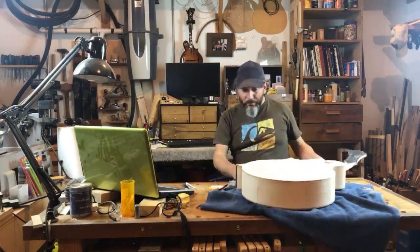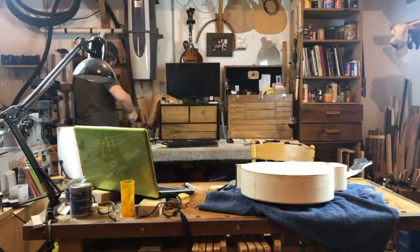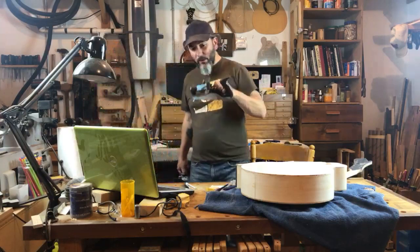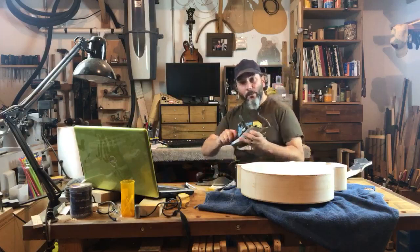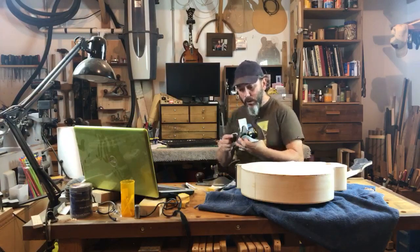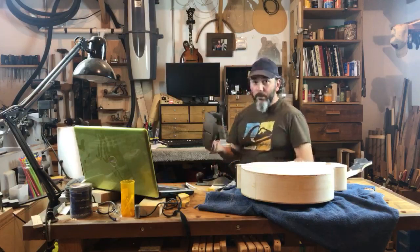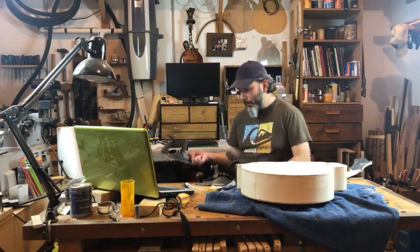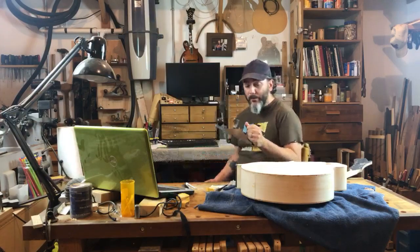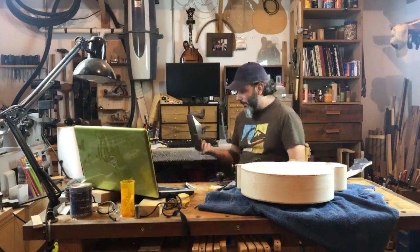The Stanley 112, I already had one, so I just got that rusted one to do a refurbish. So that's mine that I've been using for years, and that's the one that I refurbished, and it's on eBay right now. If somebody's interested in buying it, yeah. I put it on eBay, and if it doesn't go there, I'll either keep it here or put it on Facebook Marketplace or whatever. But I do have my own, and that's a gift, so that one's not going anywhere, even though this one's nicer. I'll keep the one that was given to me, and this one's going to go